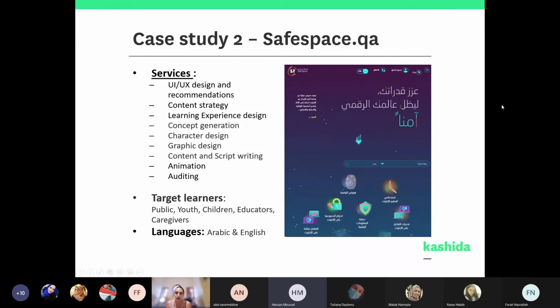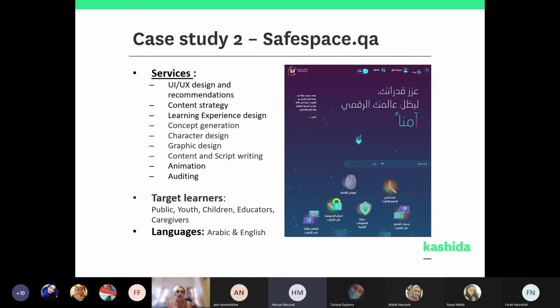It has content for all different user groups, including the general public, which is a wide age range, youth, which is 12 to 18, children, which is 5 to 10, and educators and caregivers, which include parents, child carers, nannies, everyone who cares for children as caregivers. And it's in both Arabic and in English. So I really do invite you to have a look.